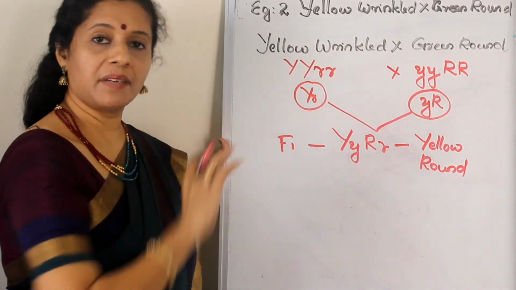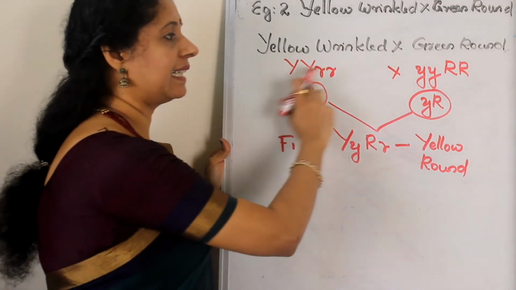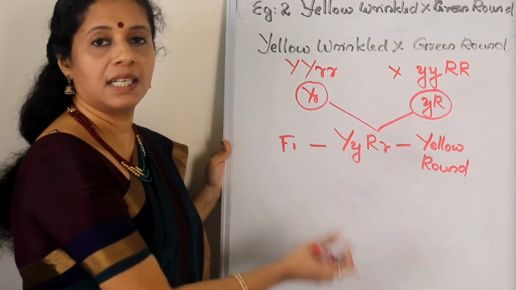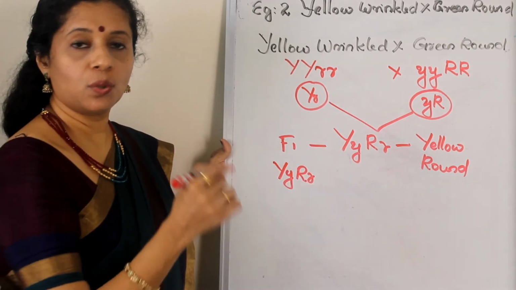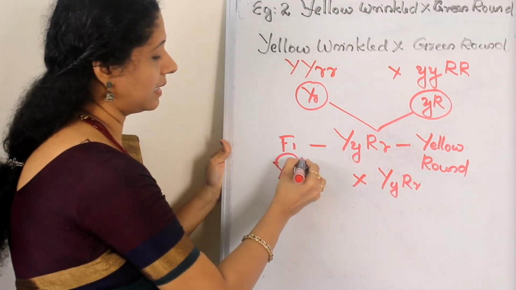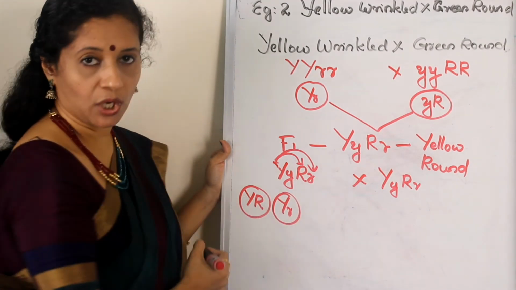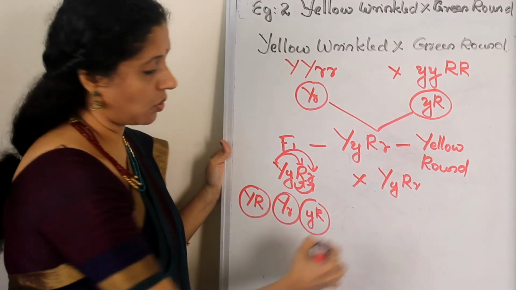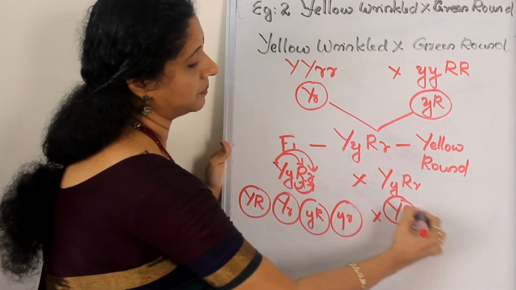Now this is like the previous F1. So it is the same. Hereafter it is going to be the same. But only while taking the gametes you need to be a little careful. One is a dominant trait, the other one is a recessive trait. Hereafter it is the same. So we are going to do capital Y, small y, capital R, small r into the same because it is self-pollination. So how will you get capital Y, capital R, capital Y, small r, small y, capital R, small y, small r. Same here also.